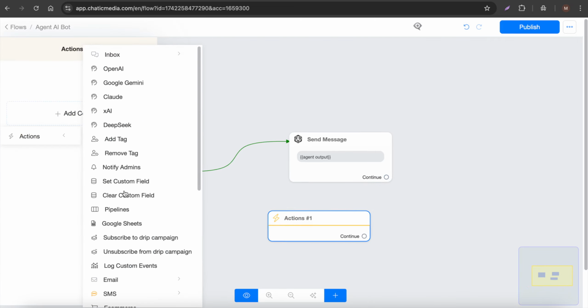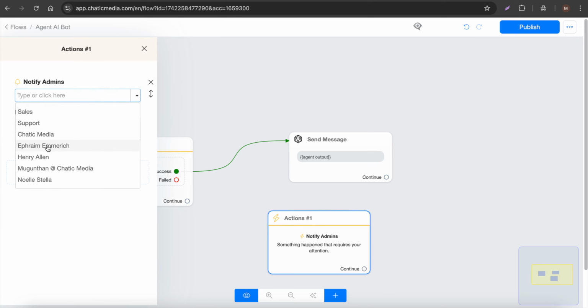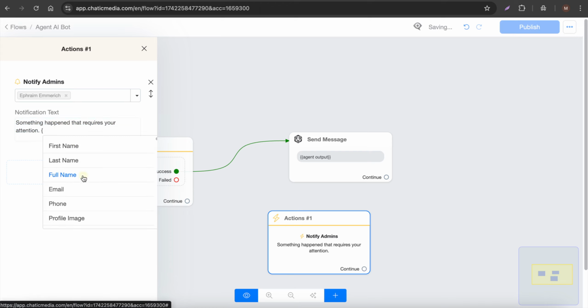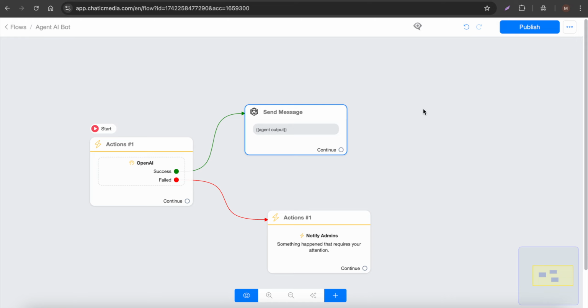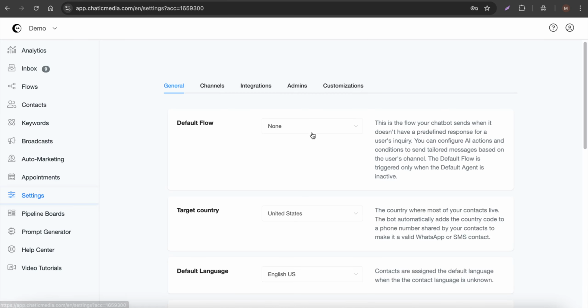So for actions, here you have the option to notify the admins. Here you can choose the admin you want to notify, and you can add the notification text as well. And if you want to pass the particular user, you can send the full name as well. Failed right here. So here we have created a very simple agent AI chatbot. Save it. All right, so now you have to go to the settings and choose this particular flow, agent AI bot, as the default flow,